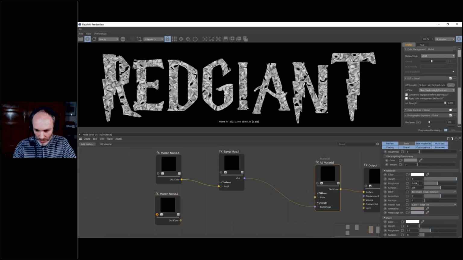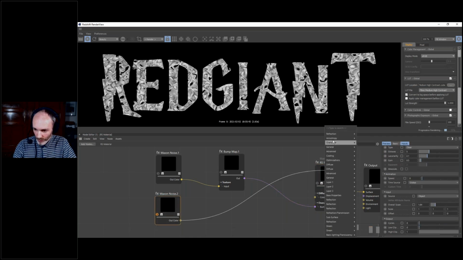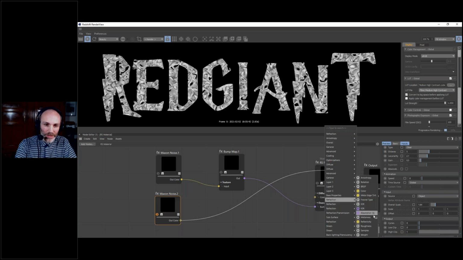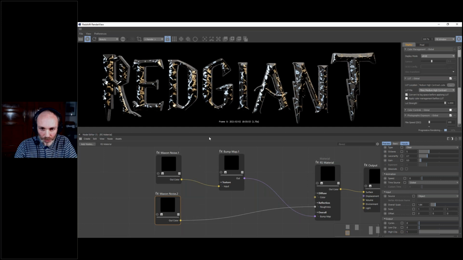So let's just take a look. And we will see it's just going to ruin everything. So reflection, this is the first reflection you want to use, and we'll use a roughness here. I'm going to deactivate the solo, and we have this very weird result. Actually the black surfaces here are now pure mirror, pure reflective surfaces, and those surfaces are almost diffuse, and it just doesn't work, obviously, because our range is really too wide.